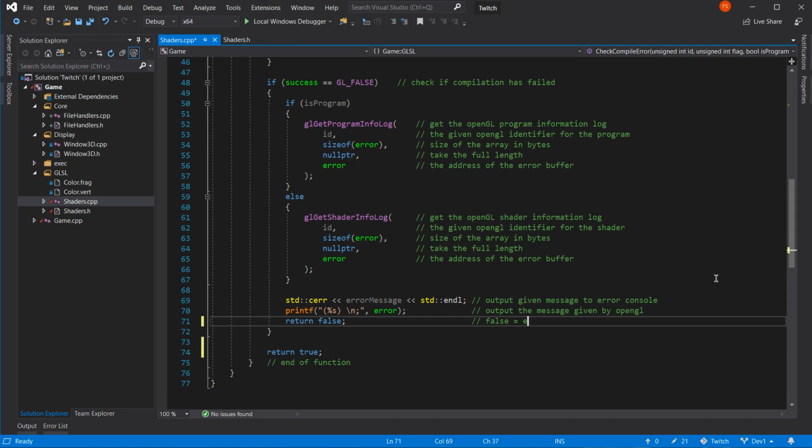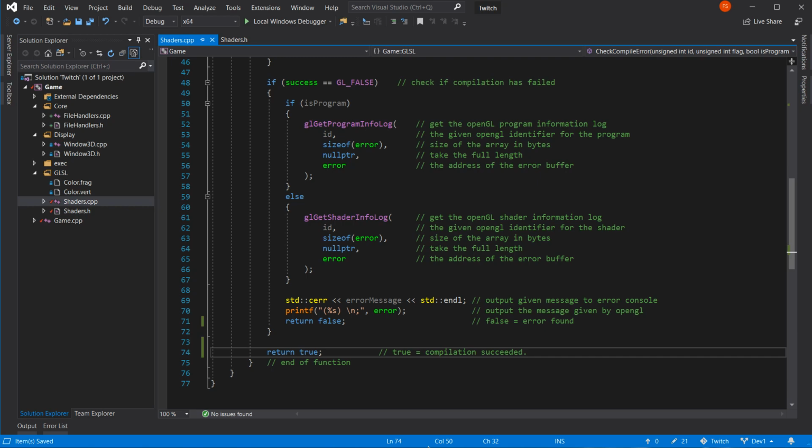False equals error found. True equals compilation succeeded. Nearly got that right. So the compiler succeeded. Magic. So I've got trues and falses going now.